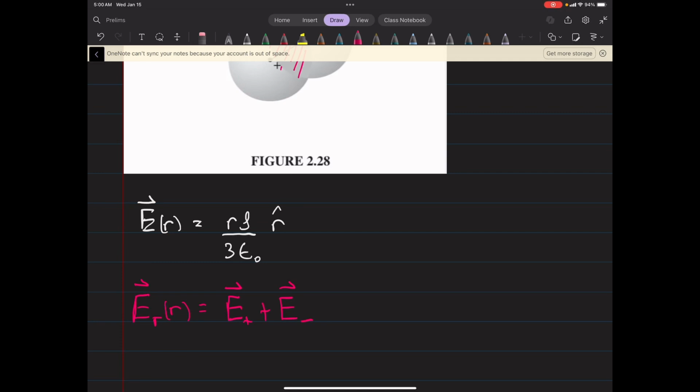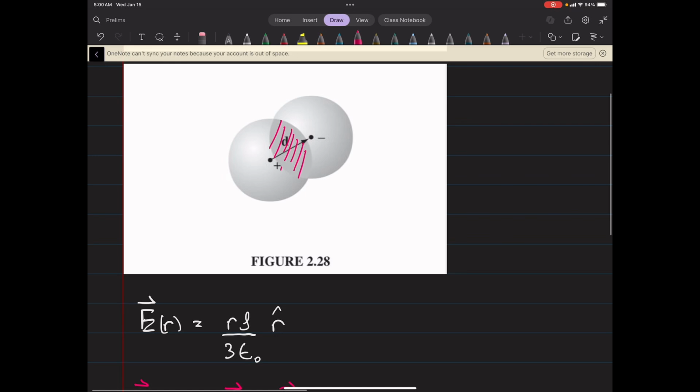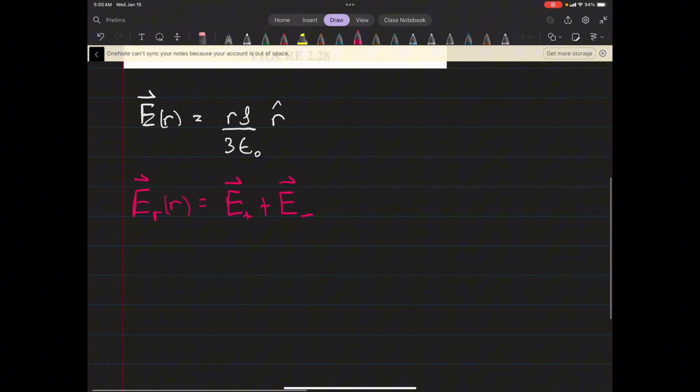So we're just adding up the two electric fields there to find their total, which, using the equation above,